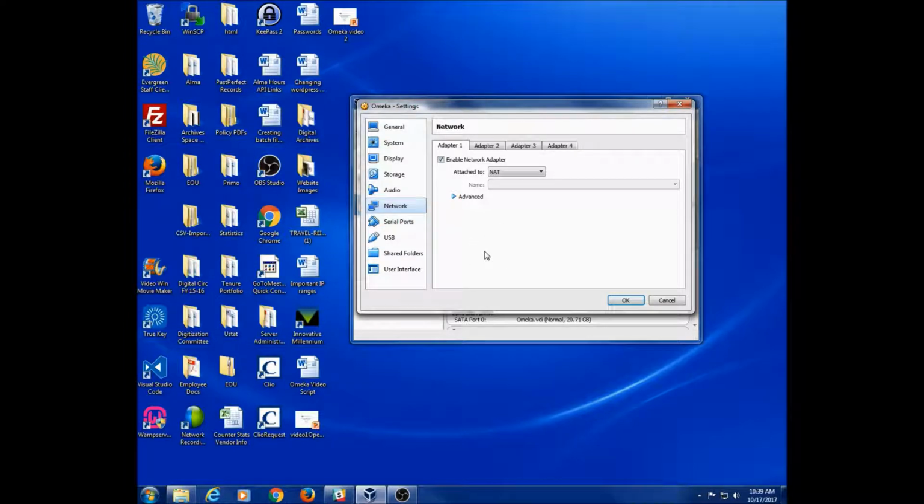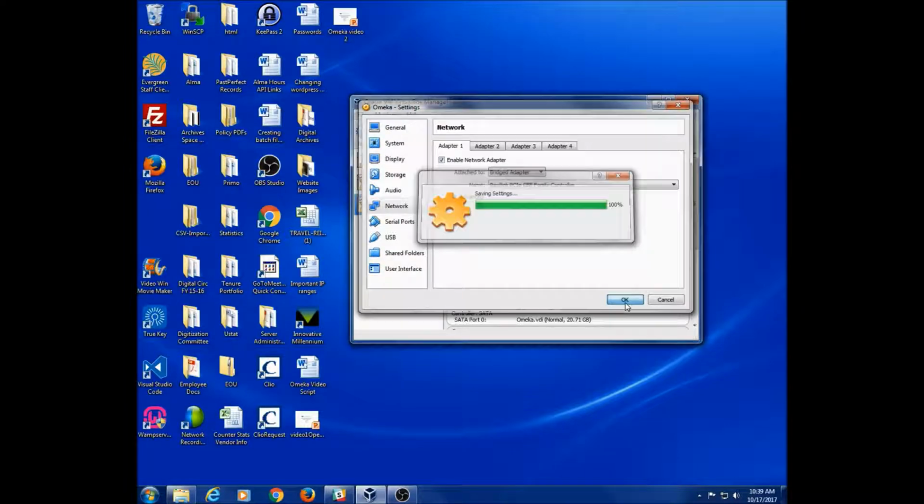This is just a way of connecting to a network so that we can get on the internet, or in this case, my computer will be able to access this virtual machine using our local network. To do that, we need to change the attached to. So if we click on the drop down and click on Bridged Adapter and click OK,